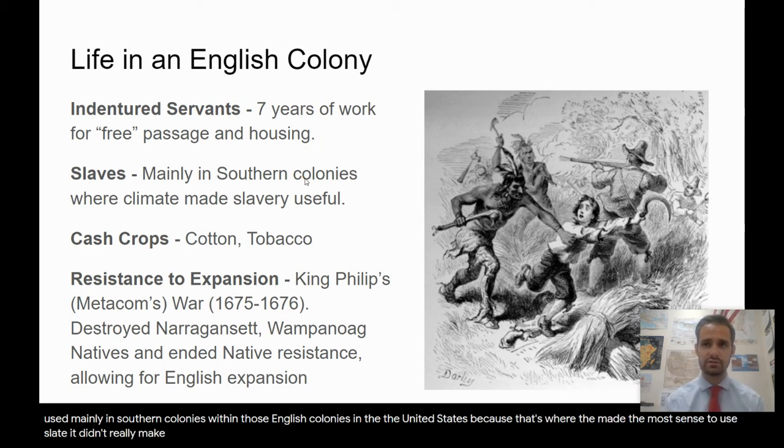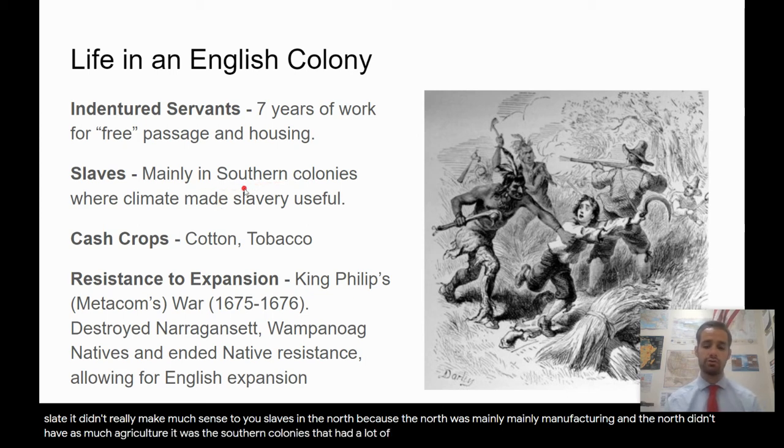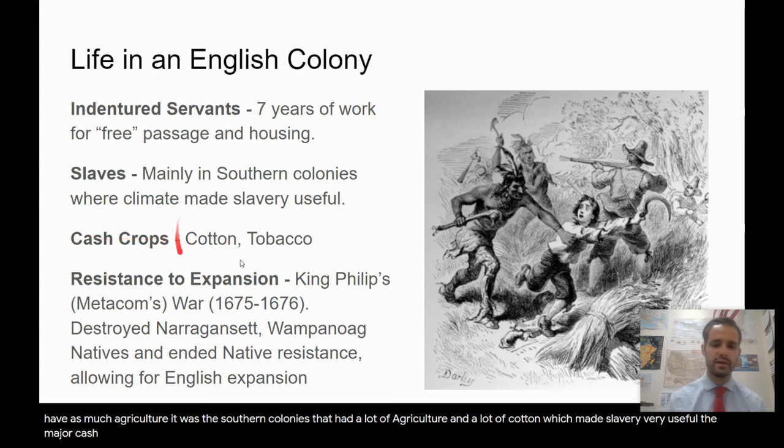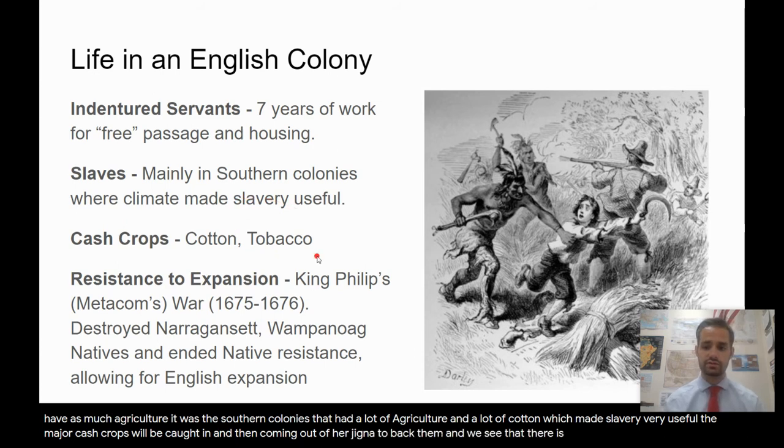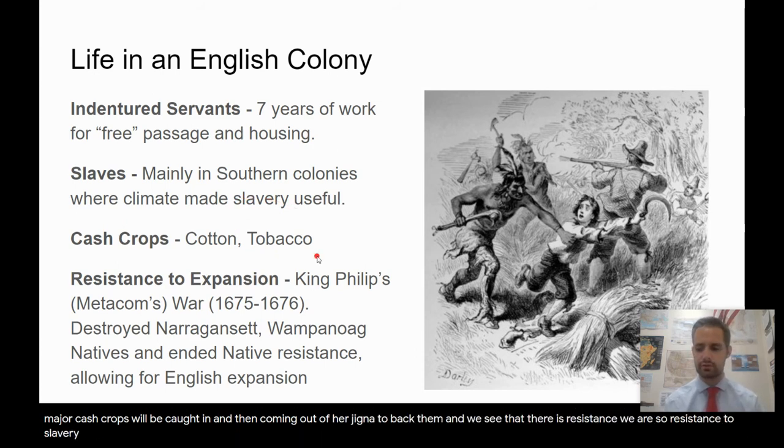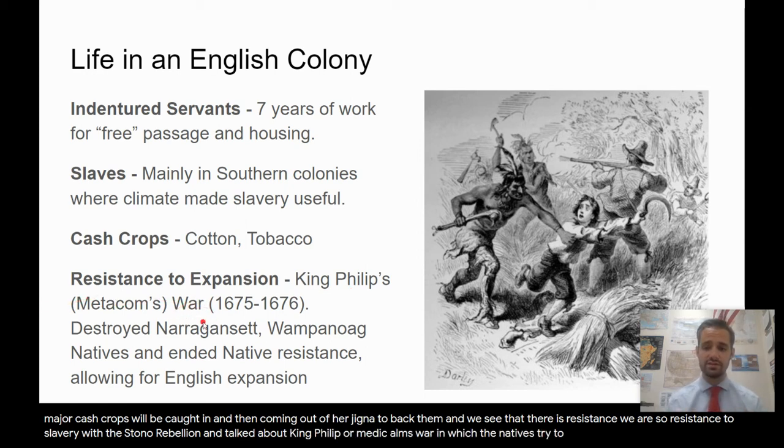Didn't really make much sense to use slaves in the North, because the North was mainly manufacturing, and the North didn't have as much agriculture. It was the southern colonies that had a lot of agriculture and a lot of cotton, which made slavery very useful. The major cash crops will be cotton and then coming out of Virginia, tobacco. And we see that there is resistance. We already saw resistance to slavery with the Stono Rebellion and Turner's Rebellion, but we also talked about King Philip or Metacom's war, in which the natives tried to resist the expansion of the English into the western part of